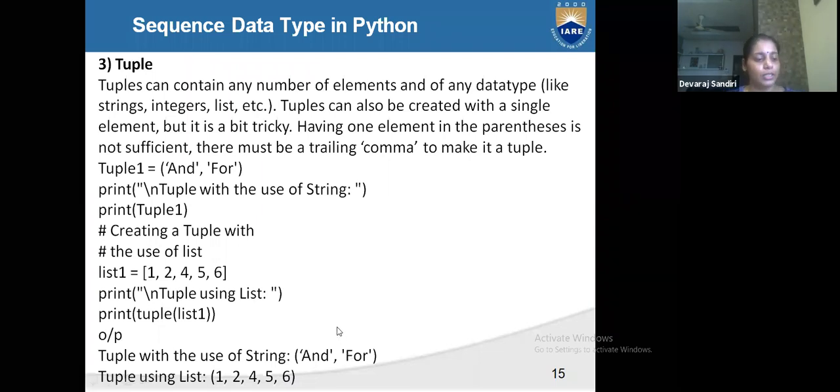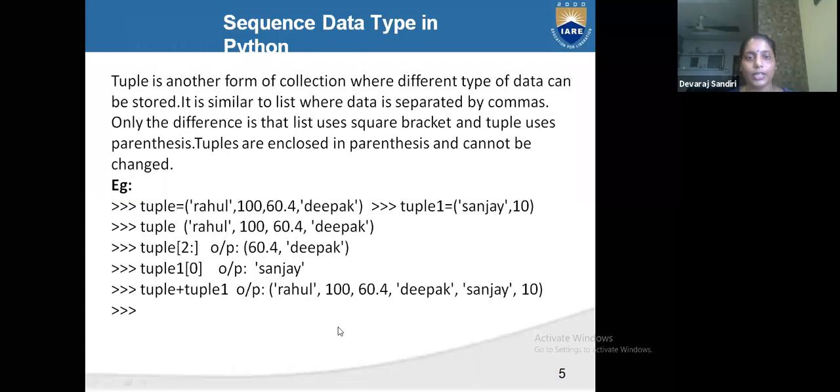Now, 53, we will go for a doubt class. What is the sequence of data types? The tuple is another form of collection where different types of data can be stored. It is similar to a list, and the data is separated by commas.